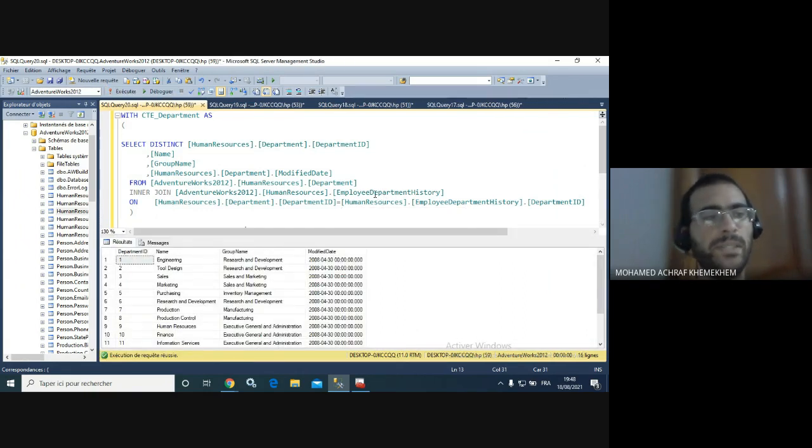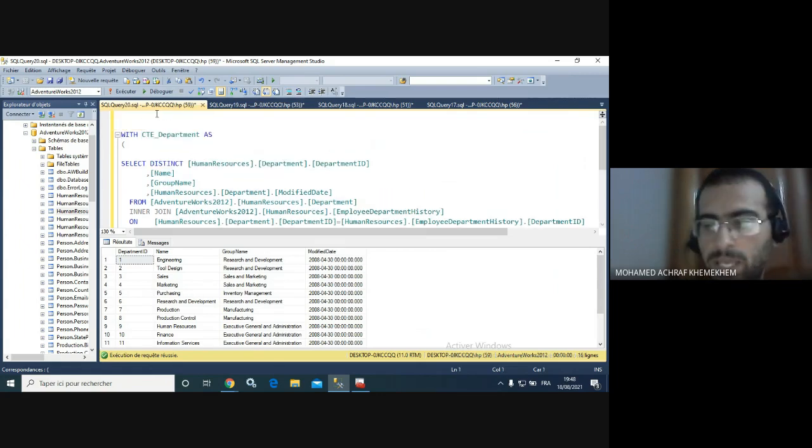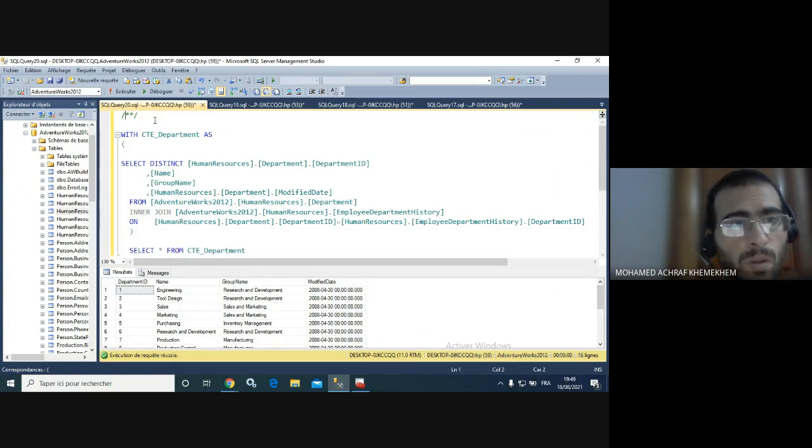Okay, guys, it's easy to understand and easy to manipulate. So let's make another comment above the SQL query: SQL common table expression